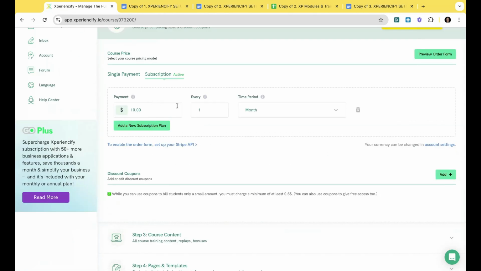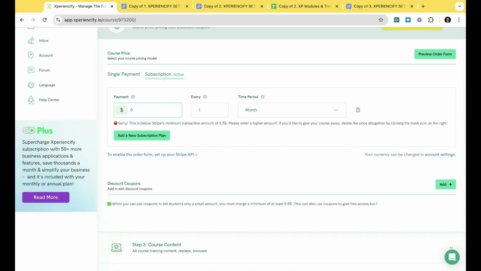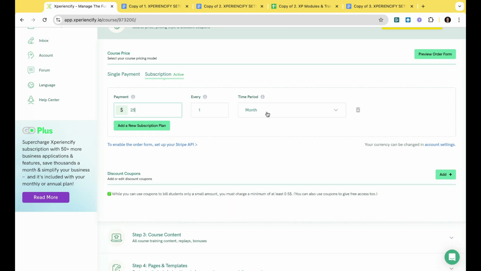And again, adding a subscription plan, you can just say, look, maybe this challenge goes on forever. You're going to always keep adding new material, and you want people to subscribe, and you're going to have them pay $25 a month, or maybe it's $25 a year, to be a part of this challenge. It's up to you. But once you do that, when people come to your order page, they will sign up for the subscription, and then you will automatically bill them $25 every month on the same day going forward.